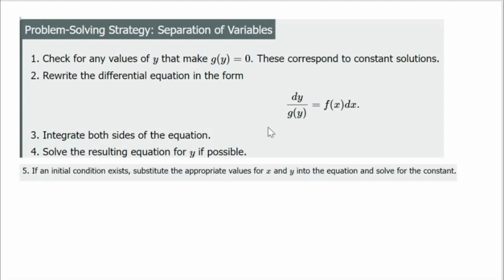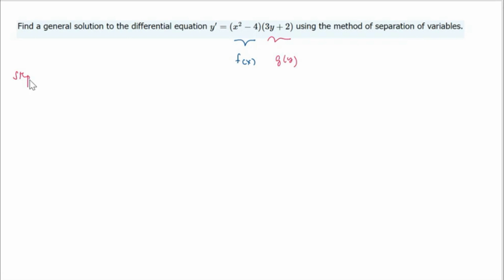So using step number 1, we're going to let g of y is equal to 0. Then, if g of y is equal to 0, I can write now we have 3y plus 2, which is the value of g of y, equal to 0, and then solve for y. So we have 3y is equal to negative 2, and solve for y. So y now equals negative 2 over 3. So that value of y, which is equal to negative 2 over 3, is what we call a